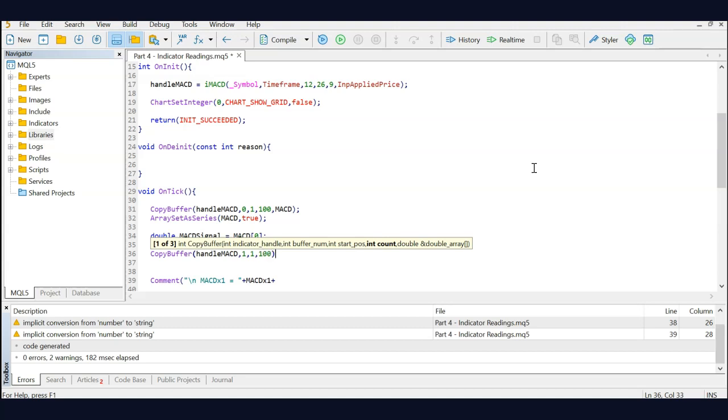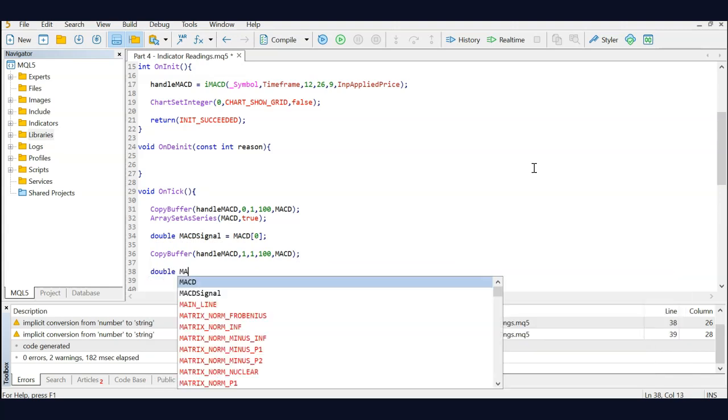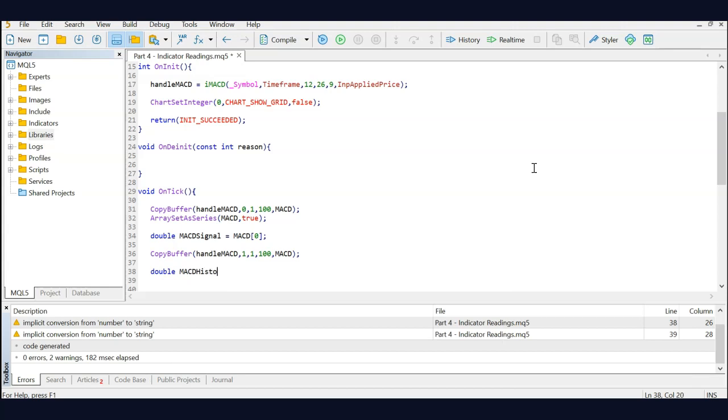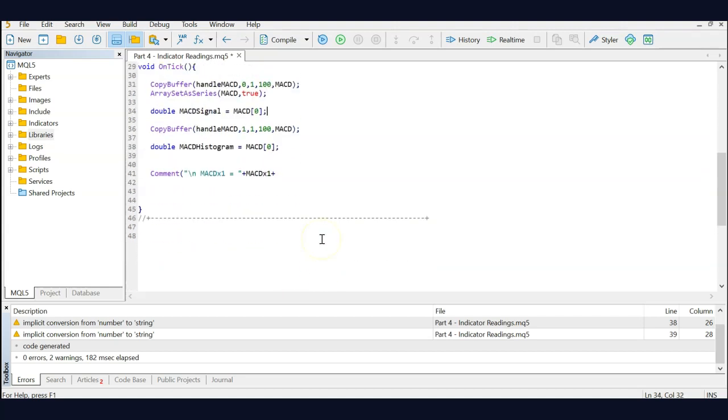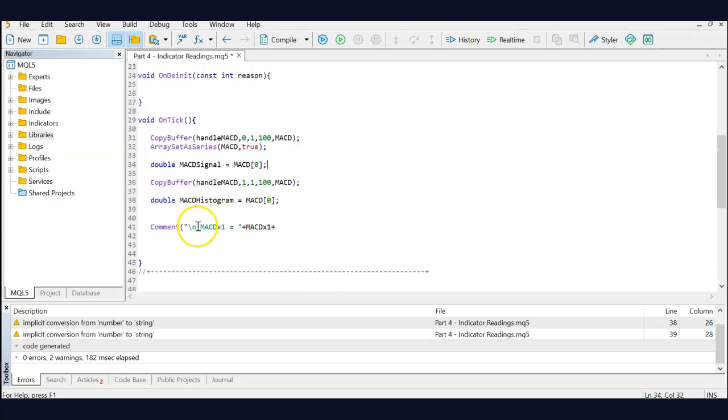Once again, I'm asking for 100 values. I'm not going to use them. I'm going to store them into MACD. And now I'm creating a double MACD histogram variable. And now I'm assigning again the MACD value 0, but this time around it's going to be copying the buffer number 1. And now if I go ahead and compile, then I should be able to get the values,